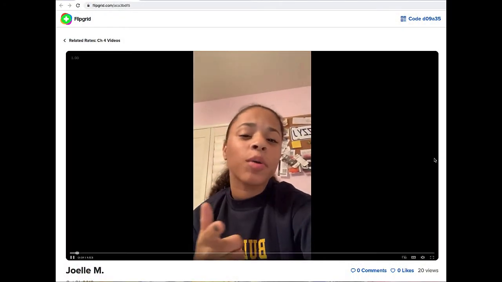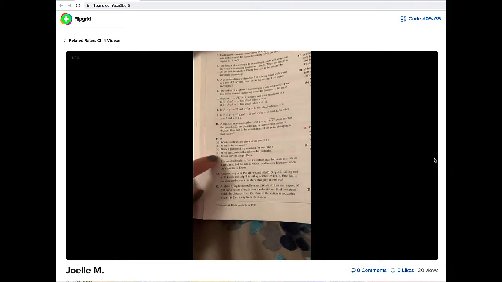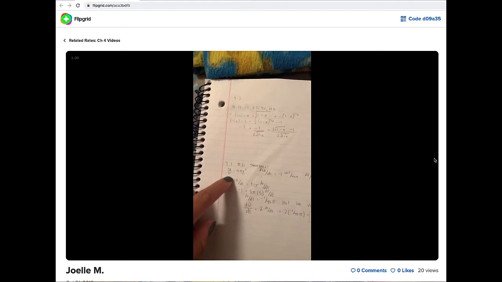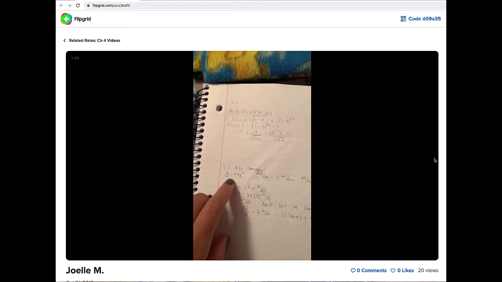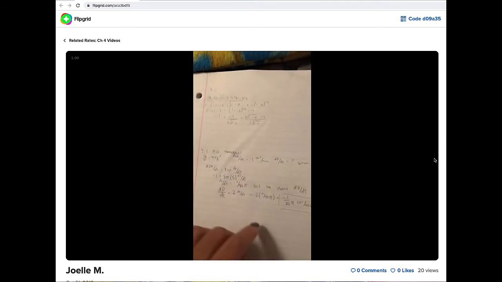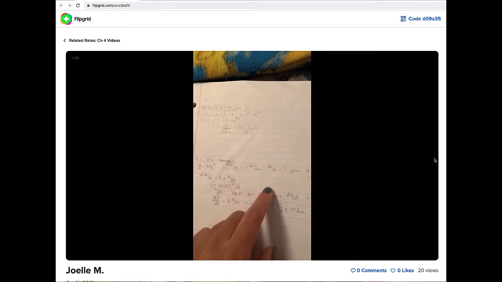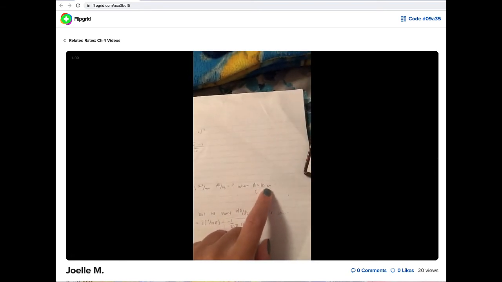So, on 4.1, I'm going to do number 11. The question is, if a snowball melts, the first thing that we're going to need is the equation of the surface area for this snowball. That is 4 pi r squared. They gave us that the surface area of the snowball was decreasing at 1 centimeter squared per minute. So, since it's decreasing, that's why we have a negative. We're trying to find the rate of the diameter over time when the diameter is 10 centimeters.